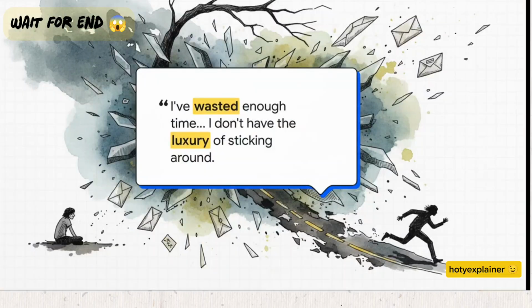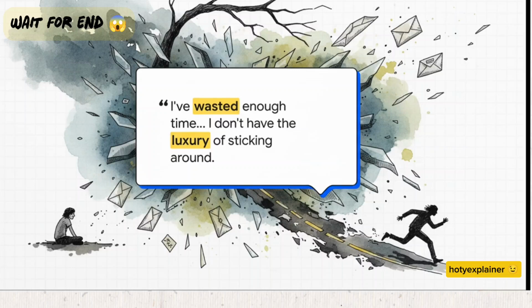In screenwriting structure, you absolutely need an all-is-lost moment. And man, do we get a brutal one here. Jeb temporarily snaps right back to his old defensive self. He just yells at Hope, "I've wasted enough time with all of this. I don't have the luxury of sticking around for a bunch of letters that don't mean anything to me." It is harsh. He abandons her at the Springs and rushes off to the airport.